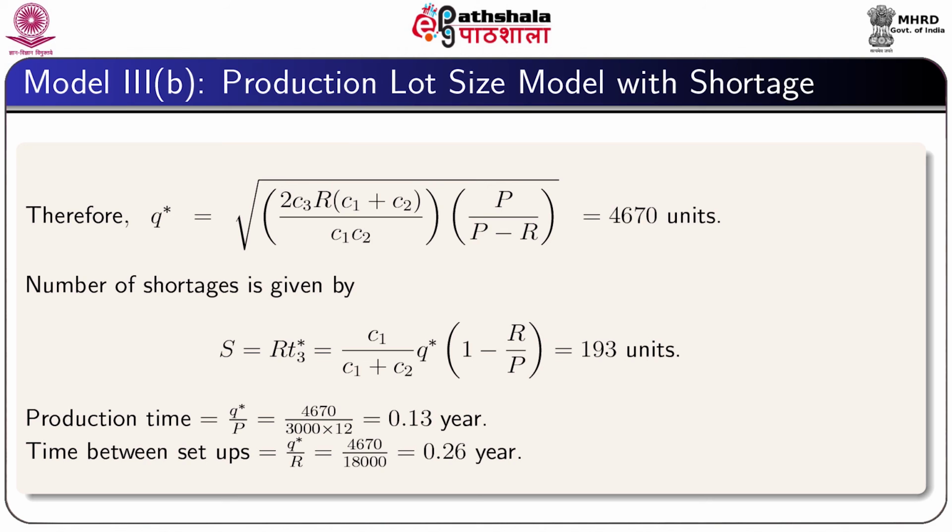In this model, we have developed two EOQ models with shortages. In the first model, we consider the scheduling period as constant, whereas in the second model we consider the scheduling period as variable. We have also developed two EPQ models with and without shortages. We have seen from this study that the optimal results of EOQ models can be derived from the EPQ models under certain conditions.